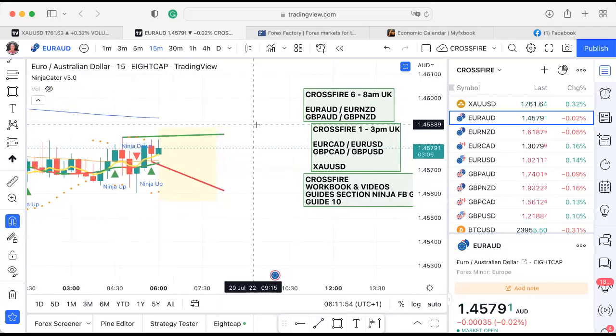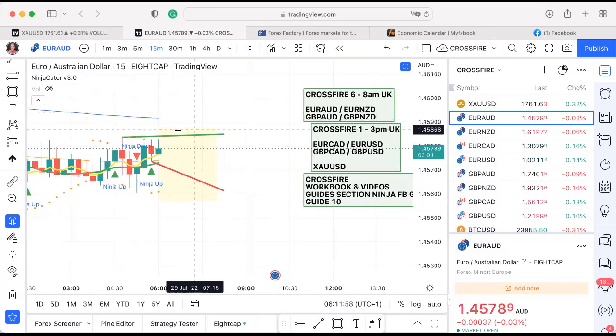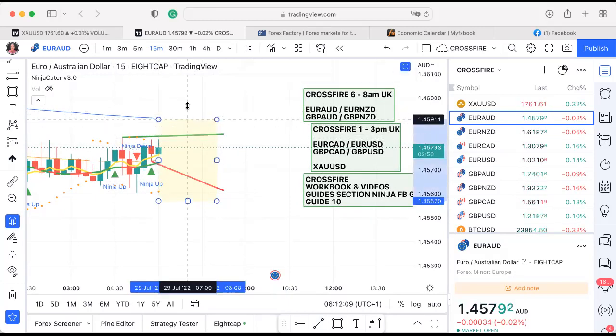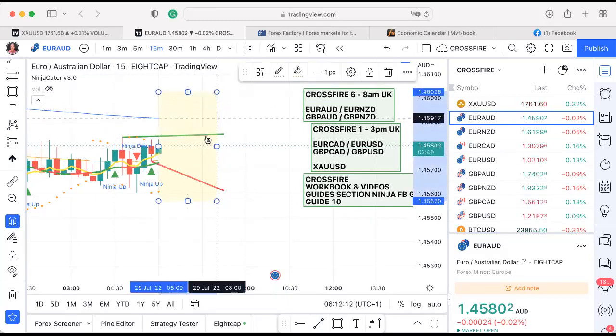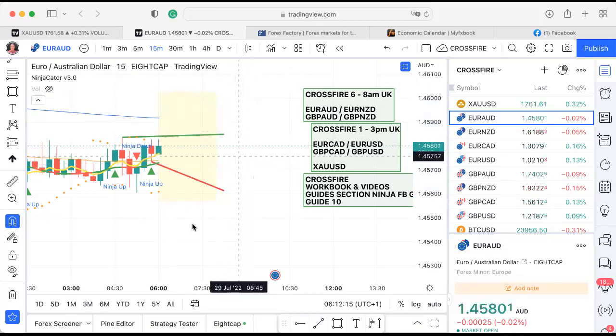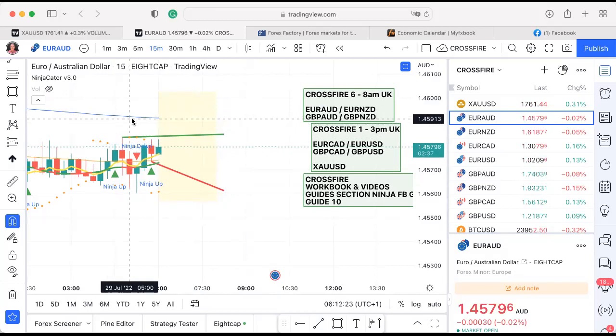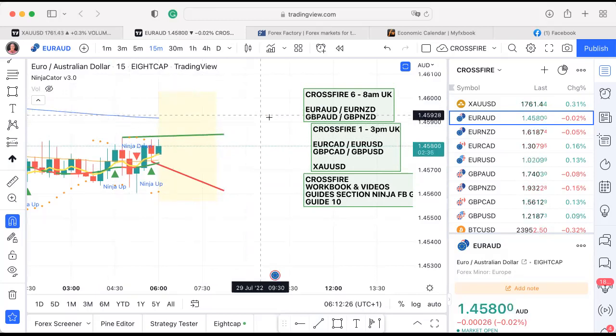And just to talk you through what I'm thinking looking at that chart, I'm looking at this blue line here, which is a 200 moving average. Now that may be where price is intending to go right now. So I'll just move my rectangle up there. I would suggest that this price is going to make its way up to that blue line and then reverse, because price generally bounces off any one of these lines that are on your chart.